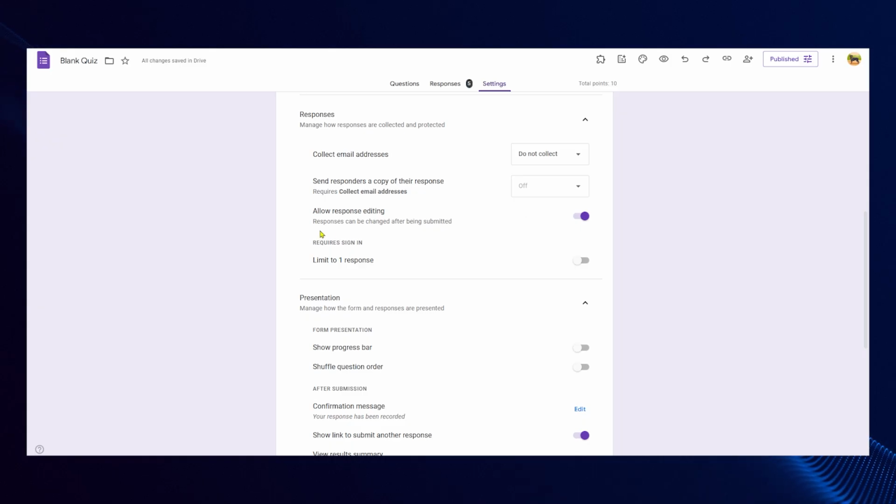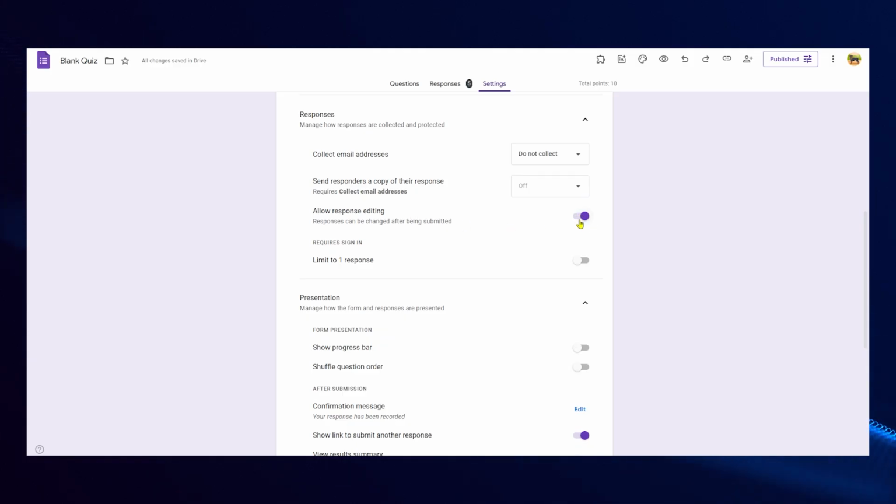After entering the settings menu, find and select the section where you can adjust response settings. In this section, you will see an option related to responses. Your objective here is to prevent respondents from making changes to their given answers after submitting the form. This involves disabling any feature that allows response editing. Look for the option labeled in a way that mentions response editing, and simply uncheck the box that allows respondents